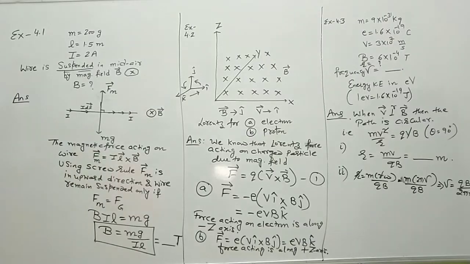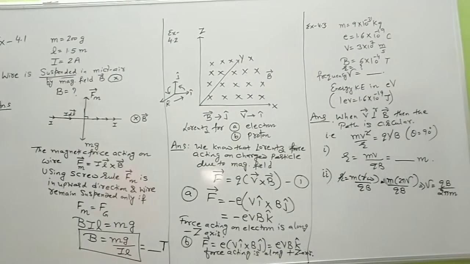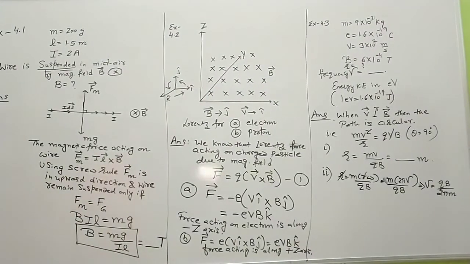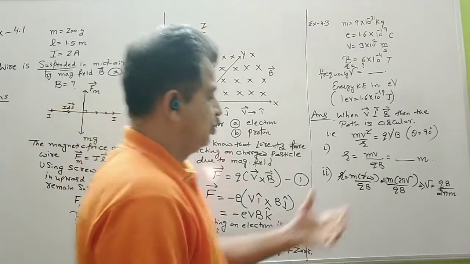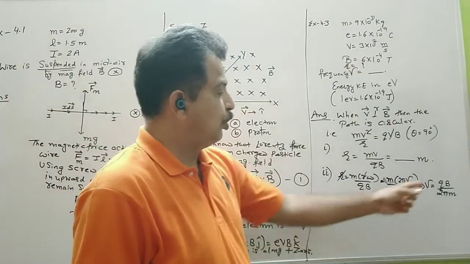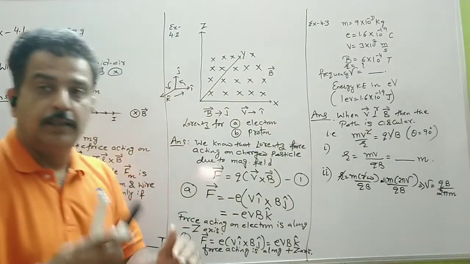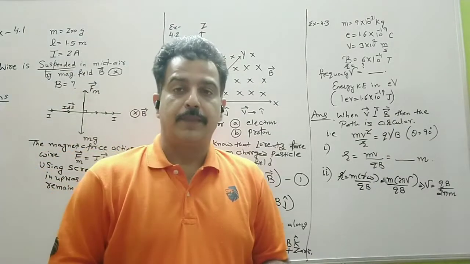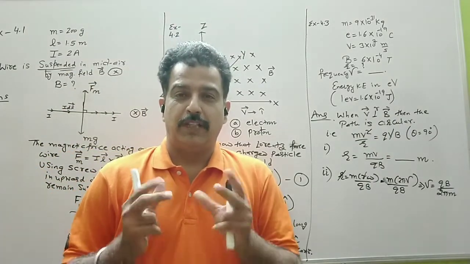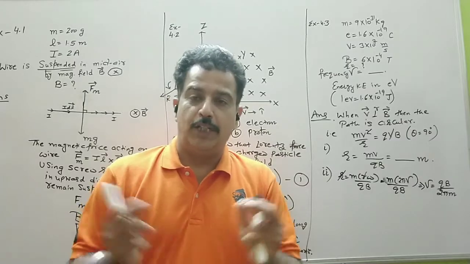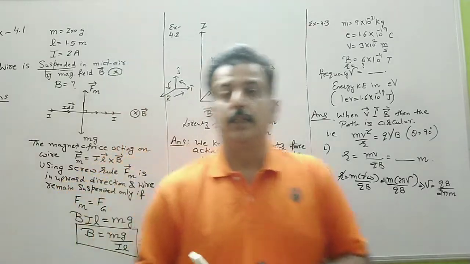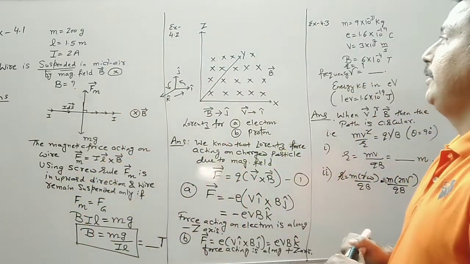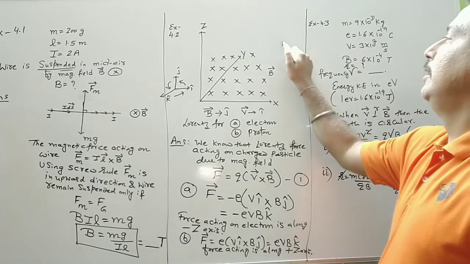So this is the formula, one formula. If you don't remember it, you can use the substitution method. So q, B, m all are given. Another formula is, suppose we have to find out the periodic time. Periodic time means the time taken by a particle to complete one rotation.